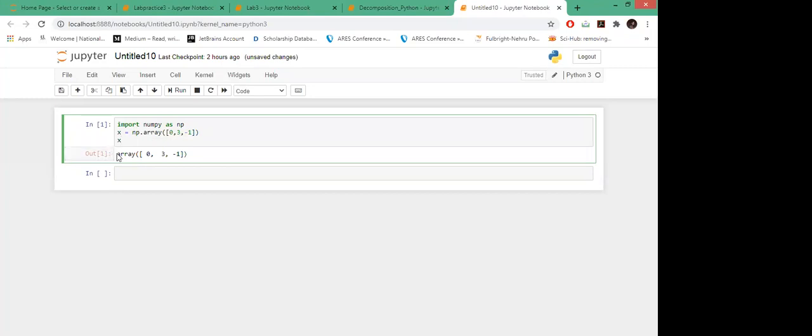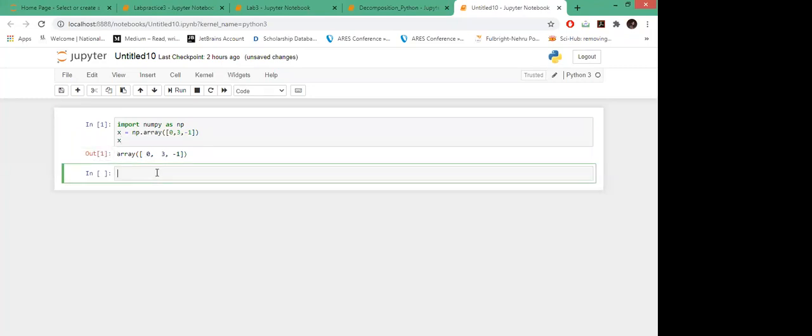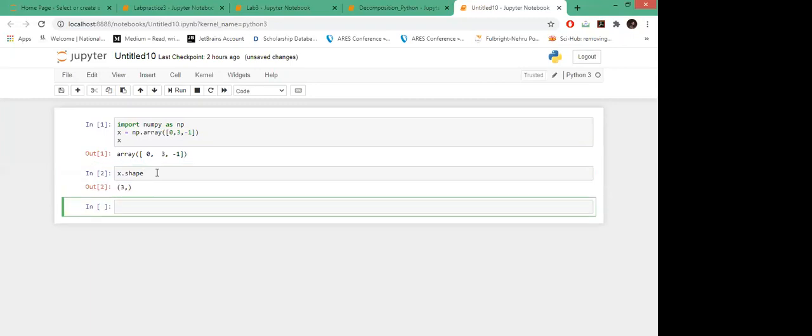You see, x is an array with these entries. If we check the shape of this array, we call the shape attribute with x.shape. It gives us (3,). After the comma we don't have any entry, which means we have three elements in this one-dimensional array. The shape tells us the dimension of the array. It's 3, not 3 cross 1. It's not a matrix, just a single vector, a one-dimensional array.